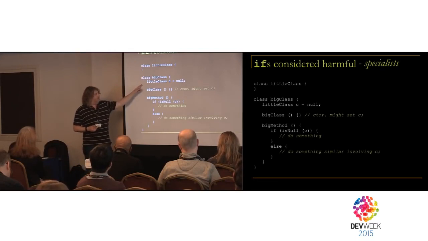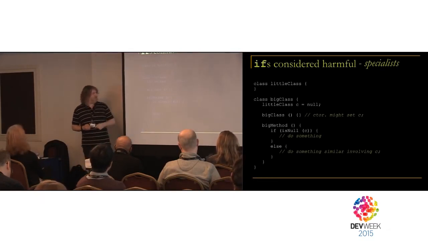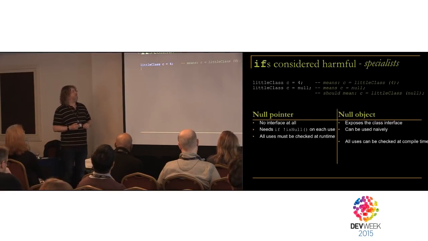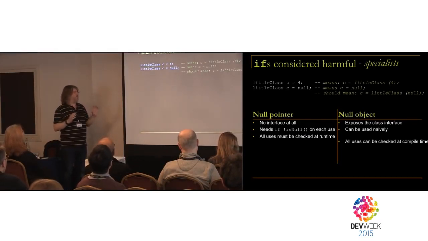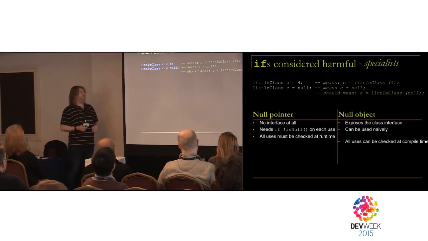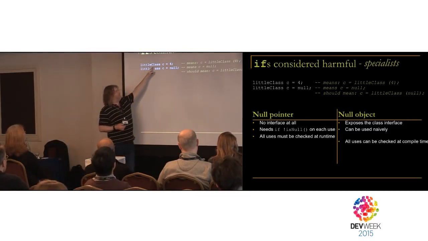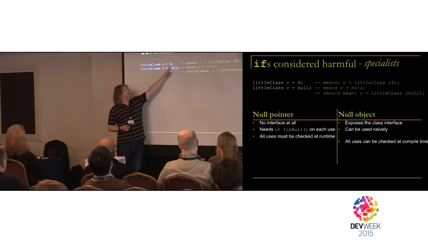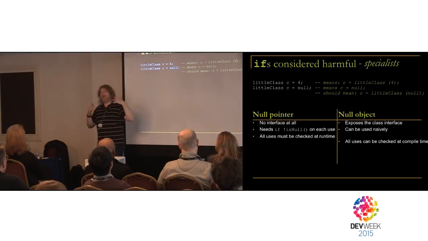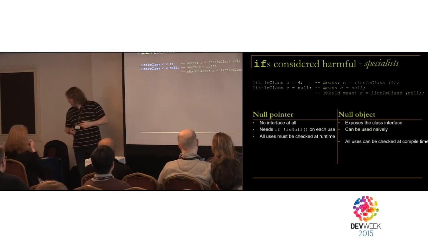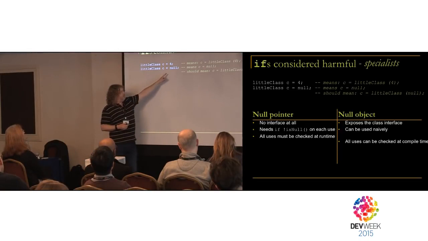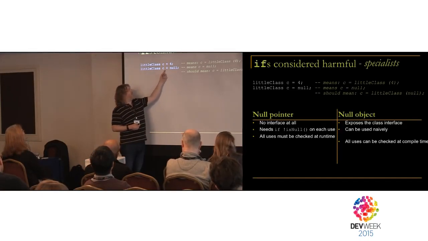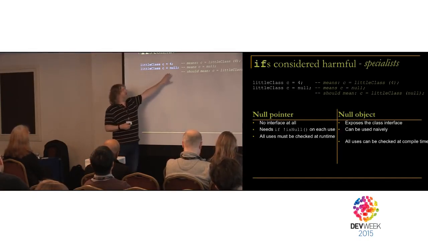The problem is that what this means, particularly if we leave that blank, is something very odd. There's no real reason why this should even make sense. If we write this down, then it's going to try and cast 4 into a little class in any way that it can. But what that means is not that it's going to cast a null into a little class, it's going to just assign the null to C, and it shouldn't. If there was any logic in the world, it would mean that.